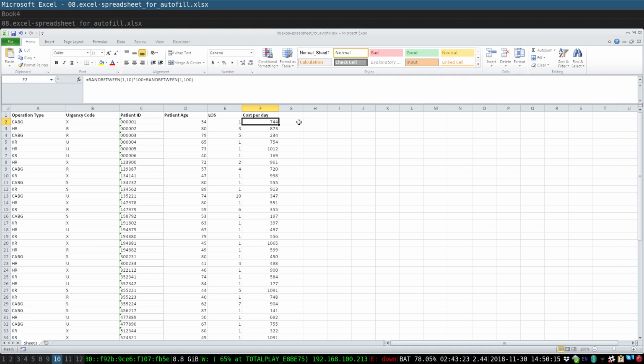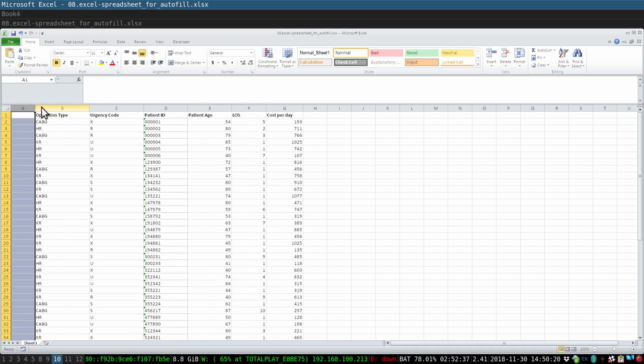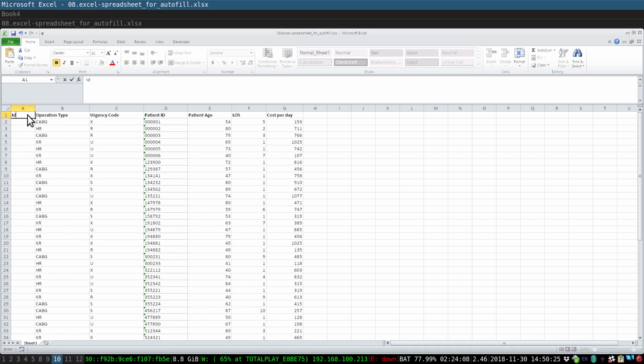So one thing you might want to fill in is an ID number for each person. So let's insert a column at the start of the line, start here, and put an ID in there. Now we could go down and type in 1, 2, 3, 4, and that would be a fine thing to do. But another way to do it is to just drag that first cell down and